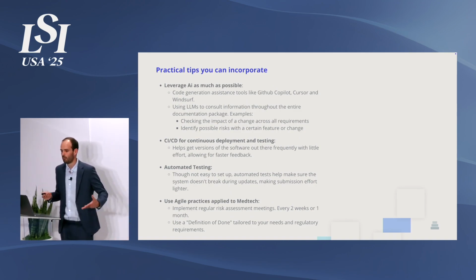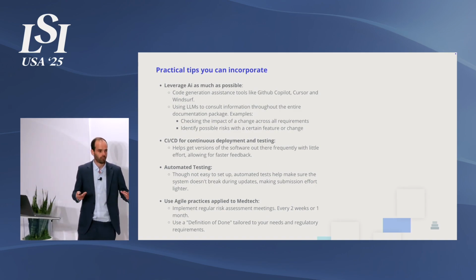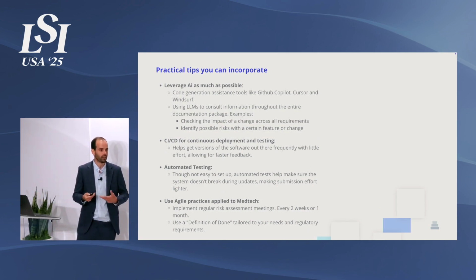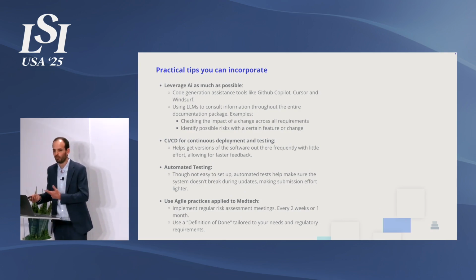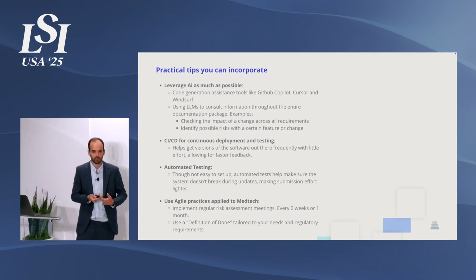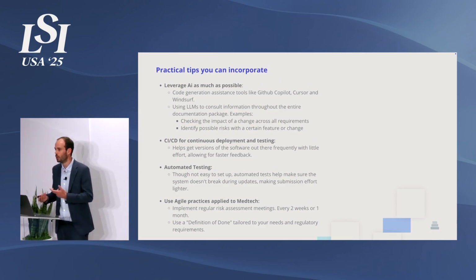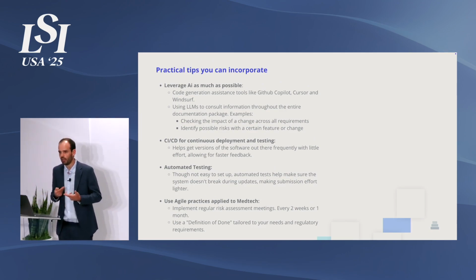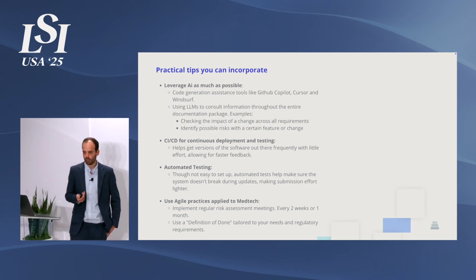So you could have an LLM with access to all your documentation package and all the guidances that you need to follow, and you can consult things there. Of course, there's going to be someone who has the responsibility and the actual knowledge to check things and make sure that we are complying with everything. But it gives you a help that we think is